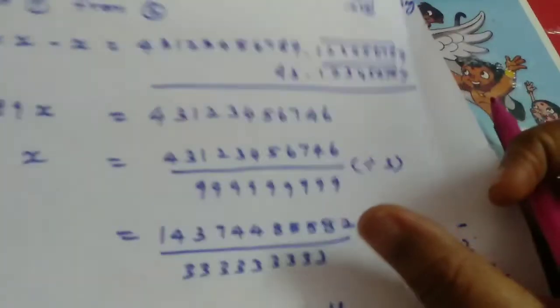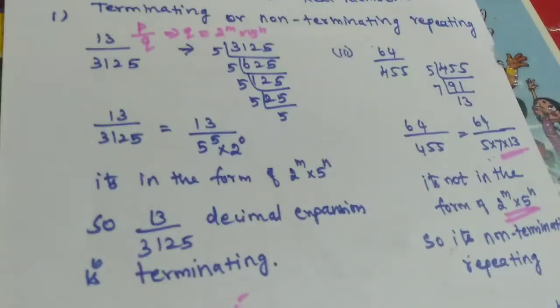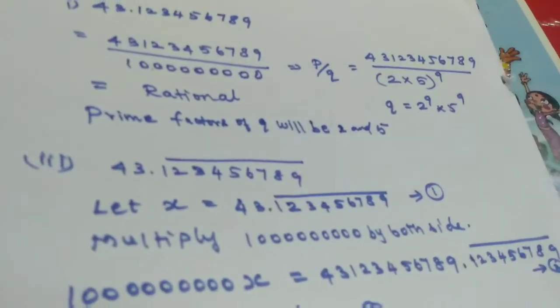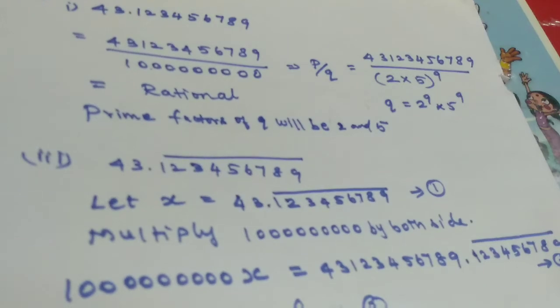The next, third main question, is that they give some number. You are going to find out whether it is rational or not. Then if it is rational, what will be the Q? Okay, so the first question is